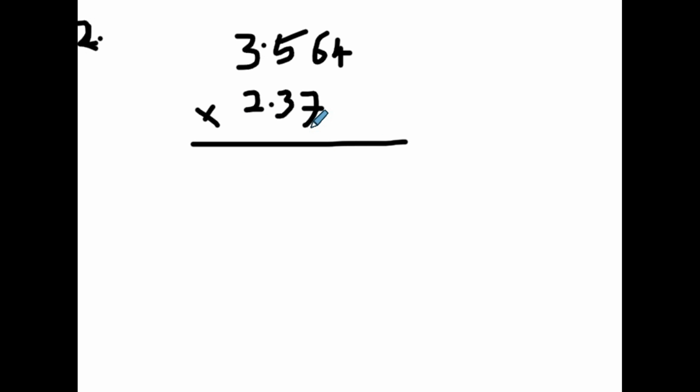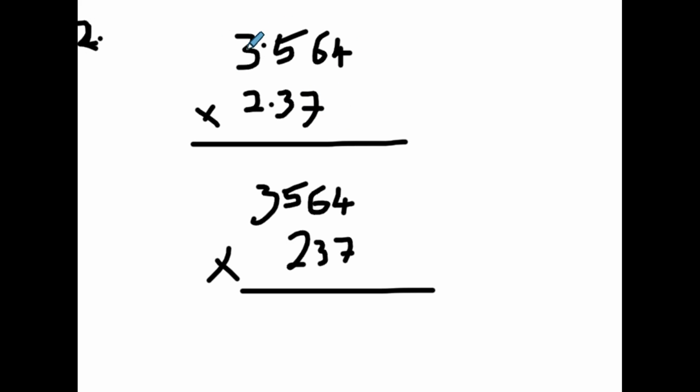Okay, so now we have a point here, we have a point here. We can neglect the point for now, and later we have to take note of the number of decimal places. So for now, let's ignore these 2 points and do the multiplication. If I ignore these points, later on I will not include the decimal places. Okay, let's go. 7 times 4 is